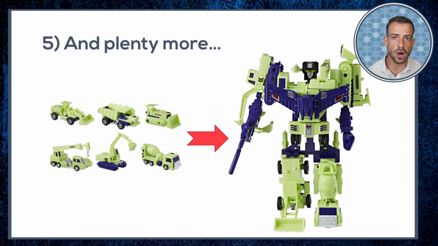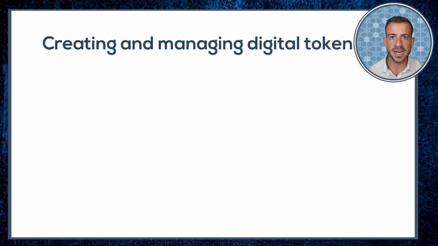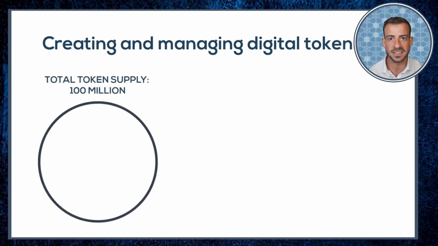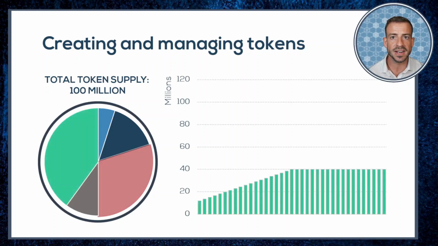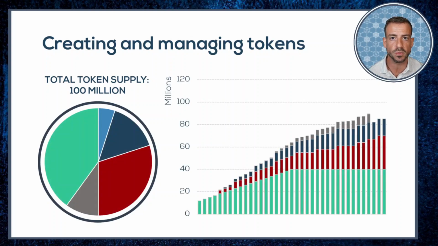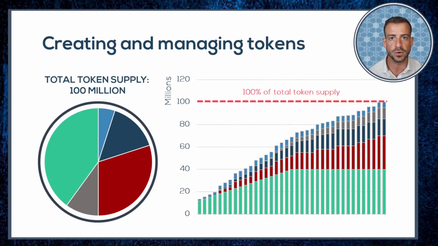But there is one more smart contract use that I'll mention specifically, because it is one of the ones most relevant to us in this particular course on token sale tokenomics. We can use smart contracts to create and manage the supply of new digital tokens. In particular, we can create immutable deterministic rules about how many tokens can exist, and what share of them go to different parties, and how those shares are released to those parties over time. These contracts are now at the heart of how blockchain startups raise capital today, offering several improvements over the old ICO fundraising method, which got badly tarnished by several scandals in 2017.